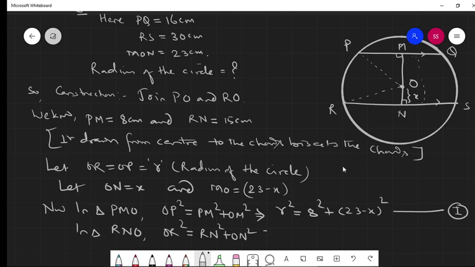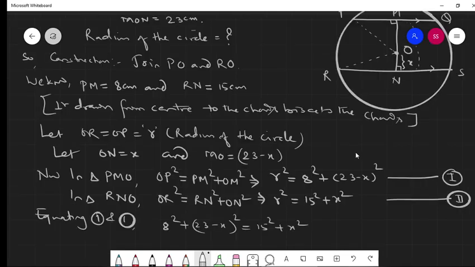Anyway, both are the value of r square, that's why both are equal. So 8 square plus (a minus b) whole square, we apply: 23 square minus 2 times 23 times x plus x square equals 15 square plus x square. Cancel. Then